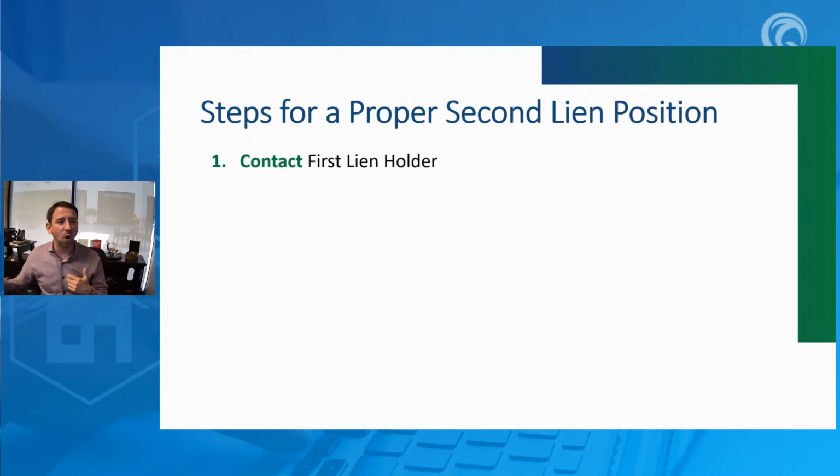So notice he ultimately said, hey, look, I know you guys need more money. If you need more money, I can give it to you, but I want to make sure the first lien holder knows this. Why is that important? Just for due diligence purposes.